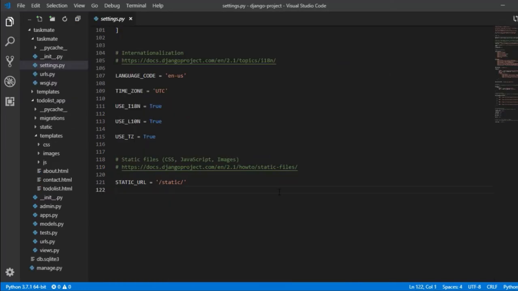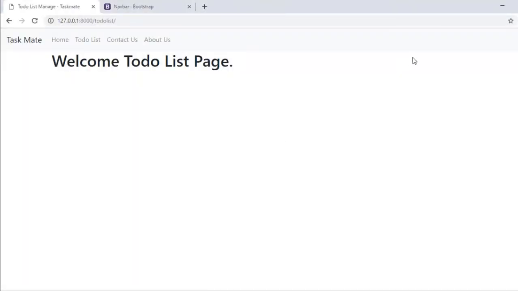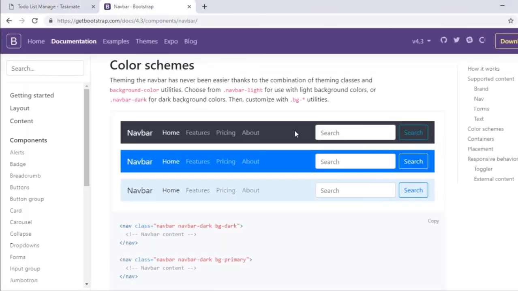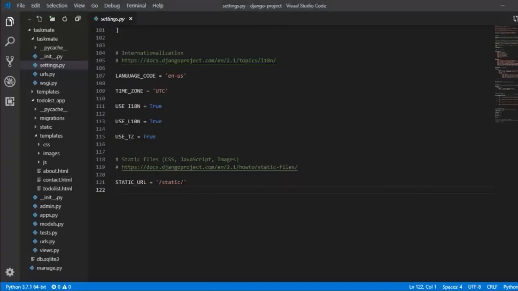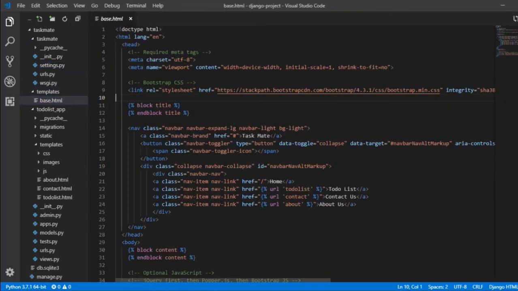To use any static file, we need to mention that in our settings file. We will be doing that in a minute. But before that, we need to talk about what we are going to change in this page. We will be changing our theme from light to dark, and the second one is I'm going to use a logo. For that we will be using a static image. That's where we need our static folder. I hope you got that point. So at first just open your base.html and change your theme from light to dark. All you have to do is change your light term to your dark term.